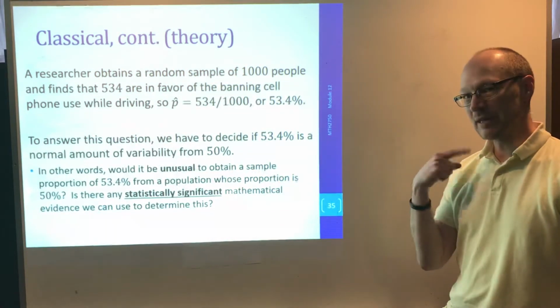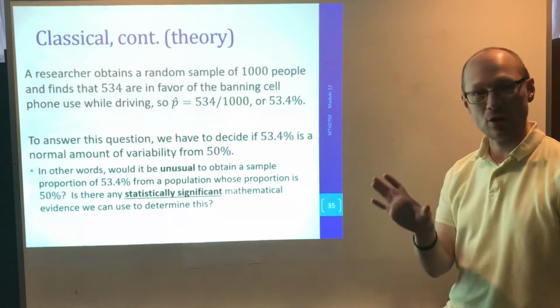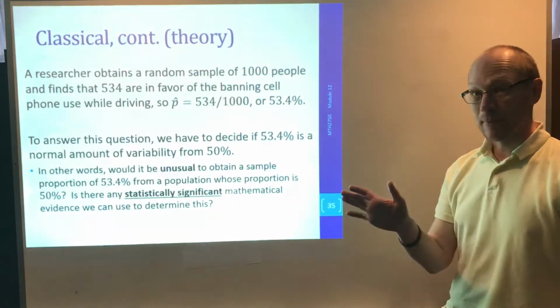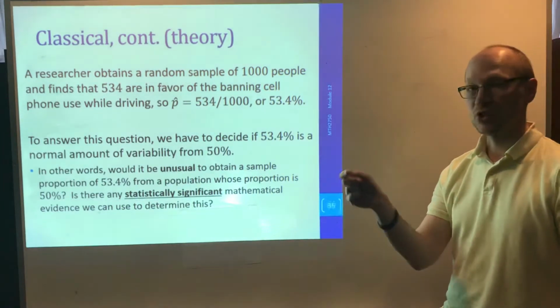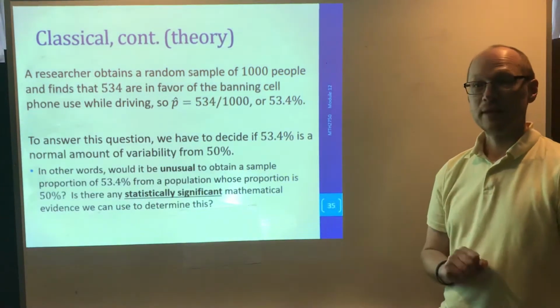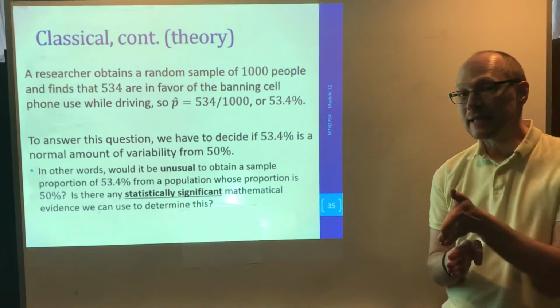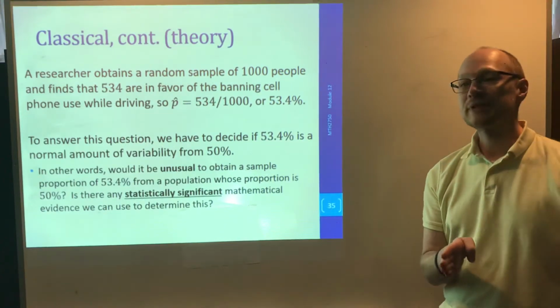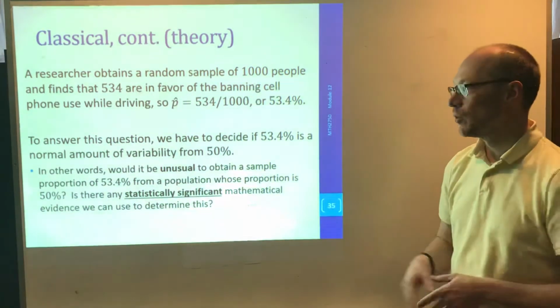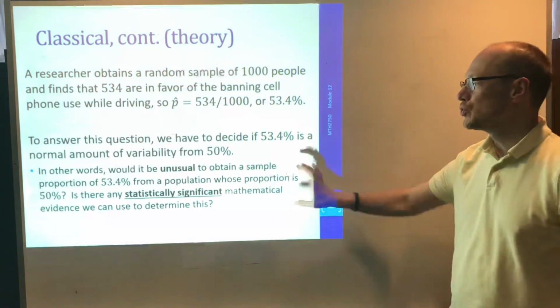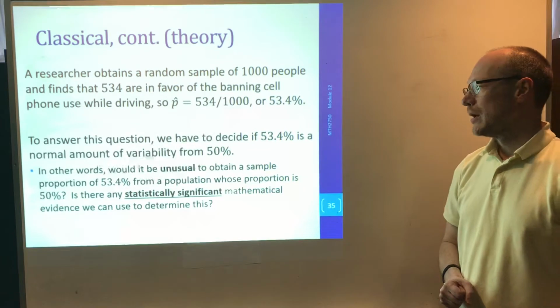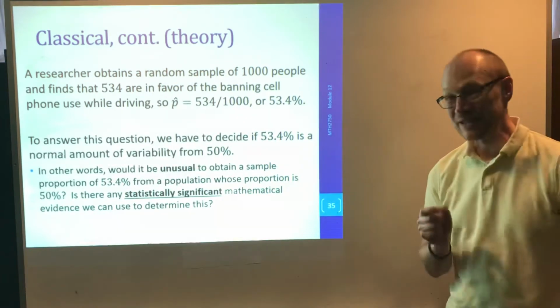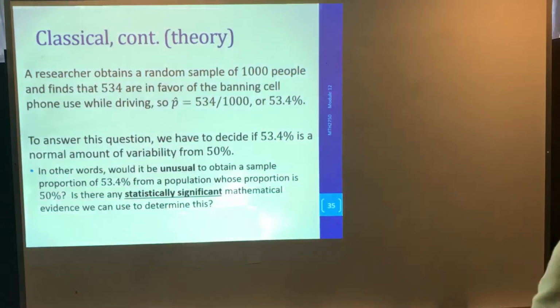Maybe you can start thinking through some of these ideas of the null hypothesis. The null hypothesis is going to be the population proportion equals 0.5. And we're going to see how likely it is that a random sample would show a 0.534. In other words, would it be unusual to obtain a sample proportion of 53.4 from a population whose proportion is 50? Is there any statistically significant